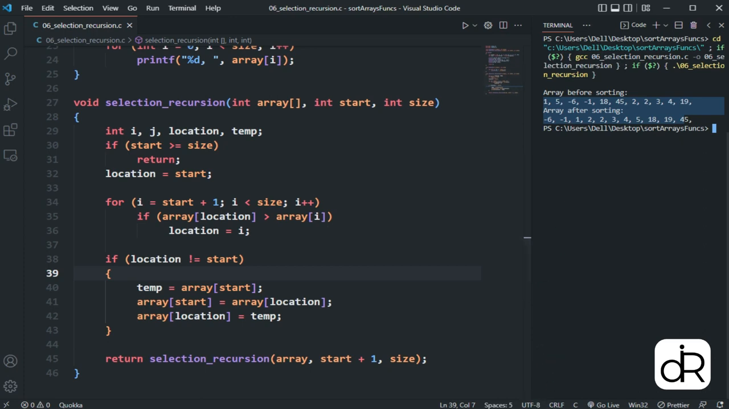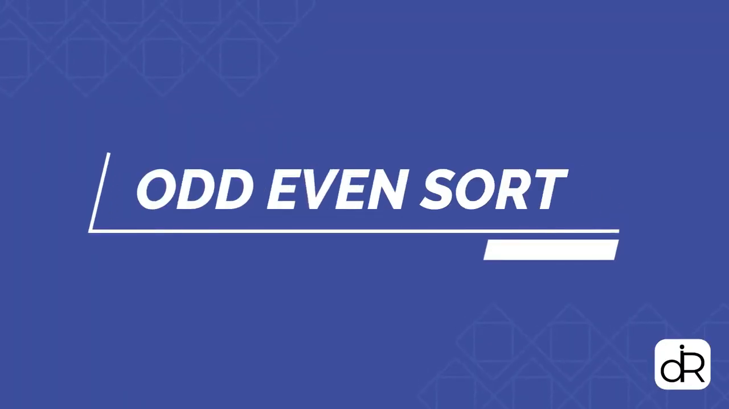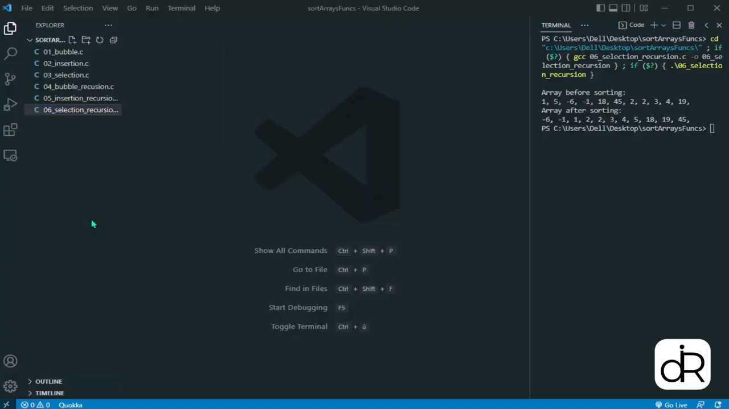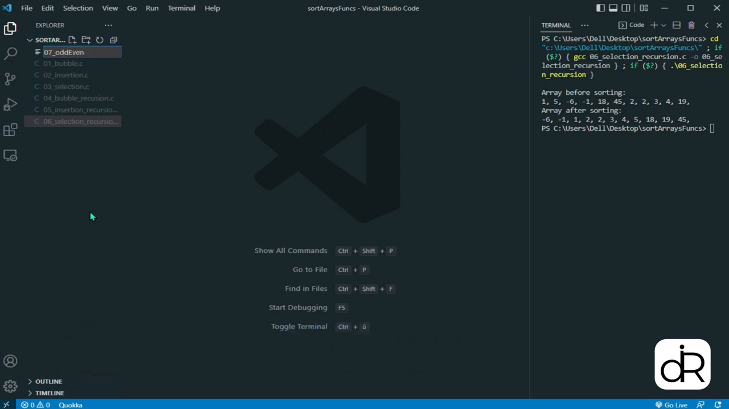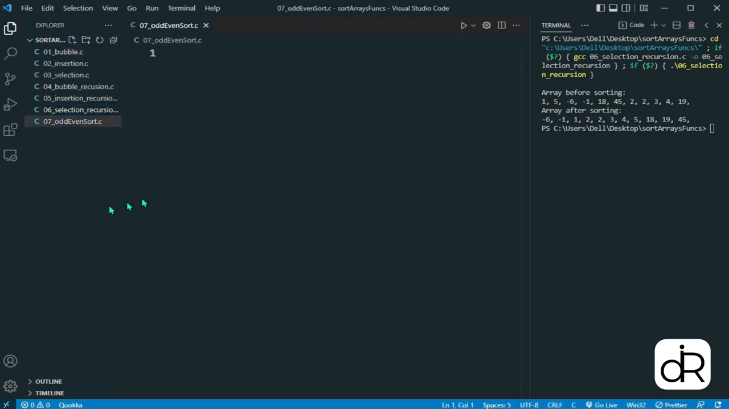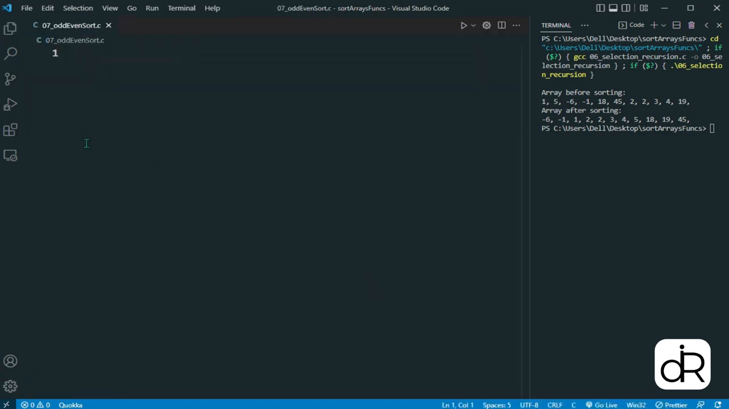Now we're gonna move to the next final 3 sorts. Now we have completed the most important sorts. There are 6, basically just 3, but the other 3 are just the recursion functions of them. So the 7th sort is the odd even sort. So to understand how it works, I'm gonna leave you again with a small little video